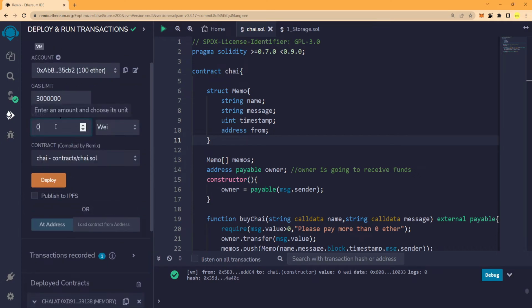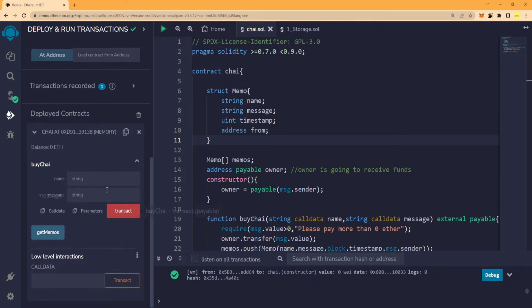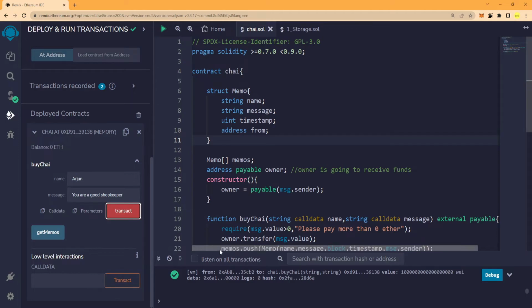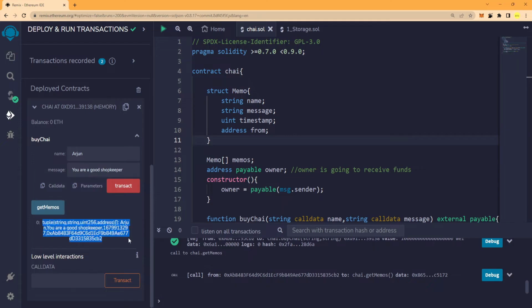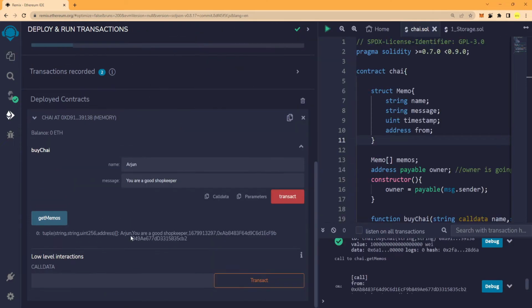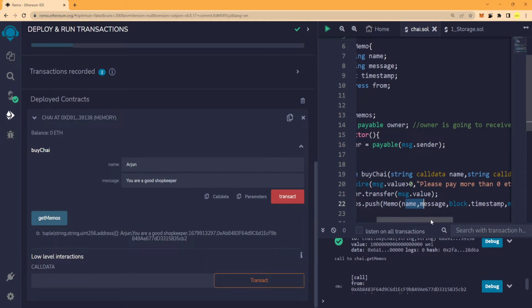Let's say this particular address is sending some 1 ether in order to buy chai. It's a costly chai, I must say. And let's say the person's name is, for example, Arjun, and the message is, you are a good shopkeeper, something like that. And we will do this transaction, and as you can clearly see, it is successful. We will simply call getMemos, and we have all the information fed by Arjun. So we have Arjun, the name of the person, because we have input the name, right? And the message, you are a good shopkeeper, and the current block timestamp, which is actually a Unix timestamp,